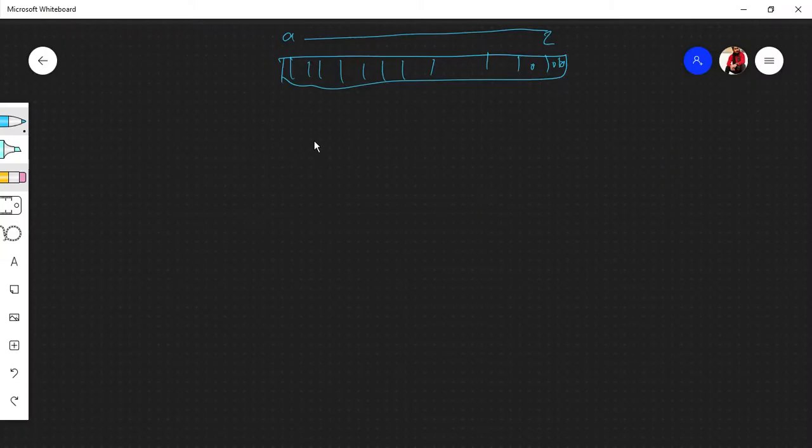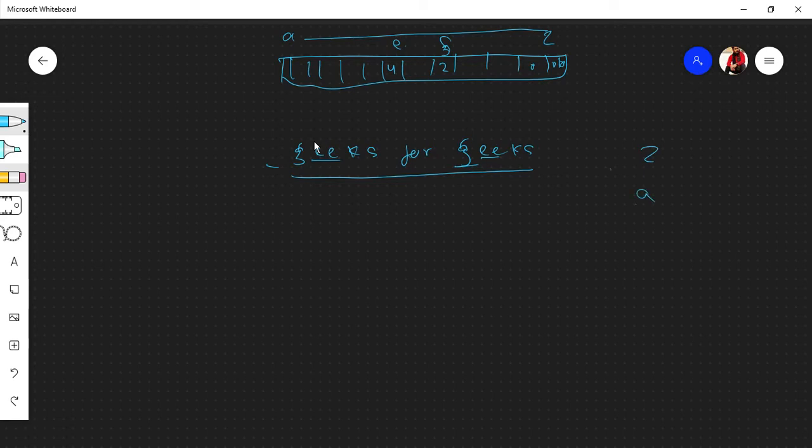We'll traverse our first string and fill in all the values. For example, take GEEKS. All these values will be changed accordingly. We have a total of 4 E's, so just imagine that E is lying here. For E, the value will be 4. And for G, the total G's were 2, so there will be 2 for G. The rest of the values will be 0 only, for example Z was not there and A was not there.